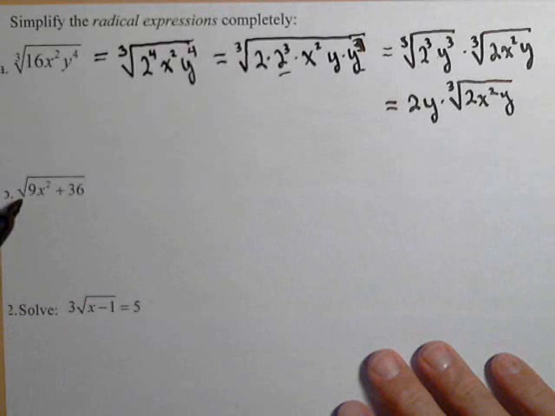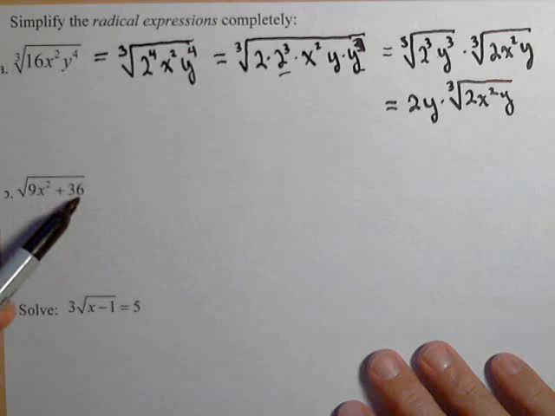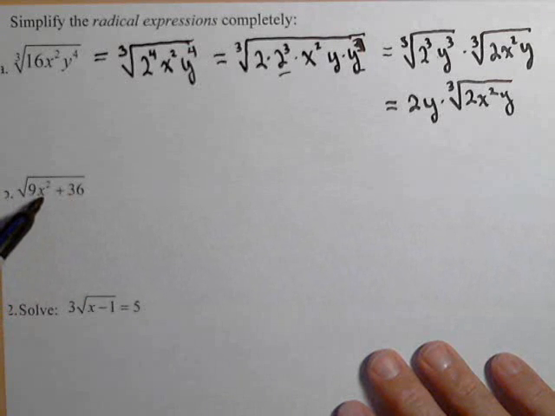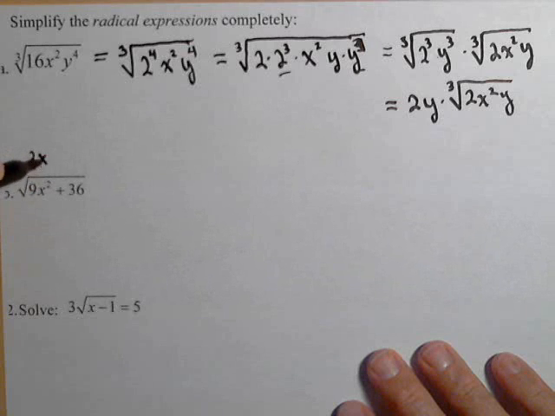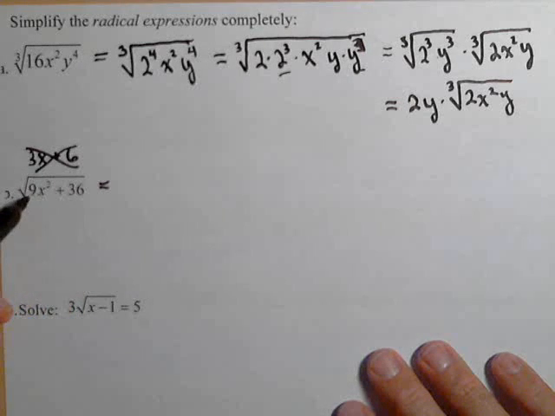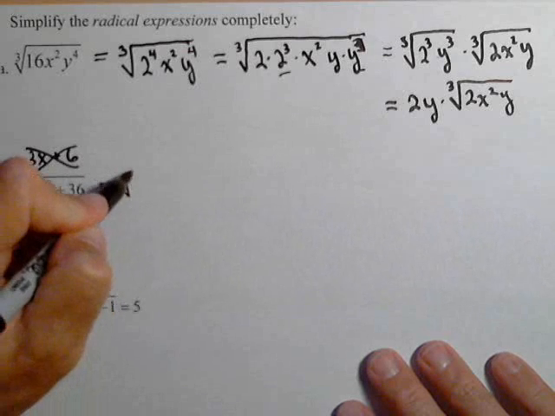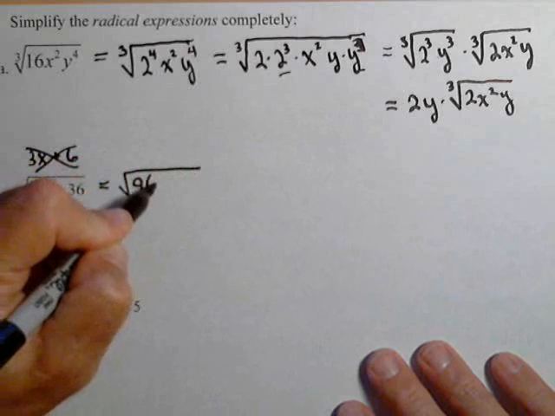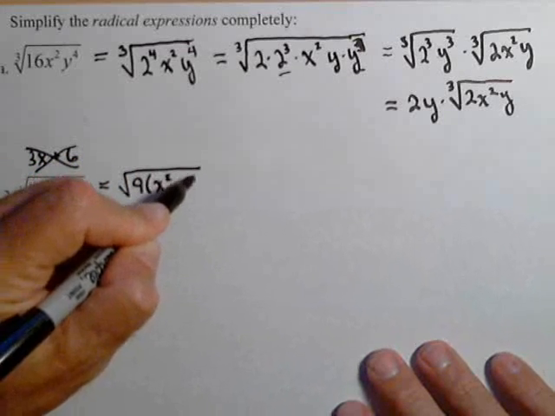In the second one, we have the square root of 9x squared plus 36. Now 9x squared is a perfect square, and 36 is a perfect square. So you might be tempted to say, well, this is equal to 3x plus 6. That is not true. You could not split up a radical over addition or subtraction. What we can do is look for things under the radical that may factor. For instance, in this one, I can factor a 9 out of both terms. So square root of 9 times x squared plus 4,